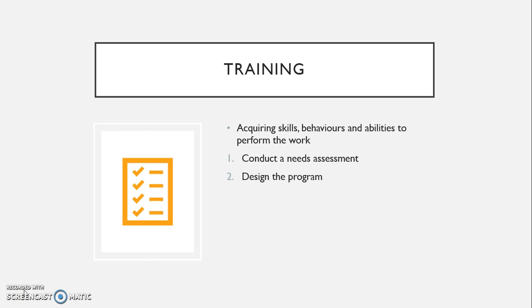The second phase of training is designing the program. In this phase, the organization must take into consideration instructional objectives, trainee readiness, and motivation. The third phase is implementation. Methods of implementation consist of on-the-job training, apprenticeship training, internships, and more. The fourth and final phase is evaluating. This phase consists of evaluating reactions, learning, behavior, and results. Some of the popular training programs are basic skills training and teamwork training, for example.